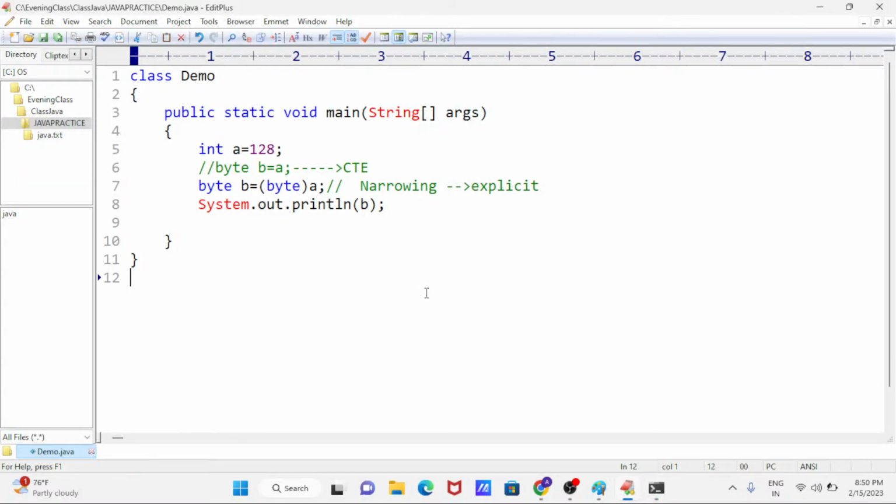Okay, suppose here I will store 130. Now tell me, if I store 130, what can it store? Think and tell me. Take time.